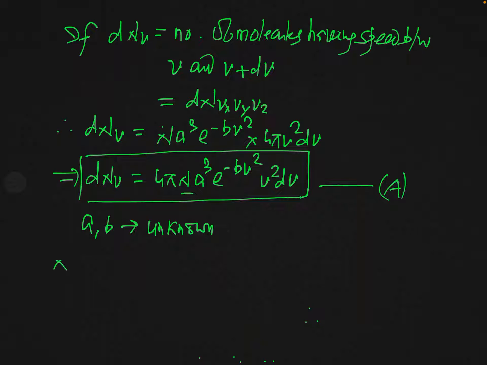So now you can define dnv by dv. This is denoted by the symbol fv, and this is called